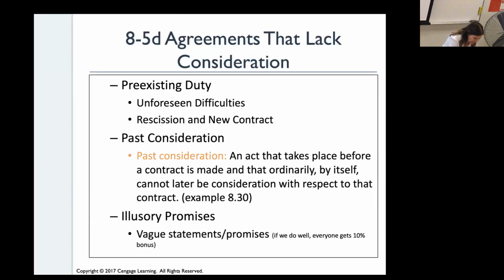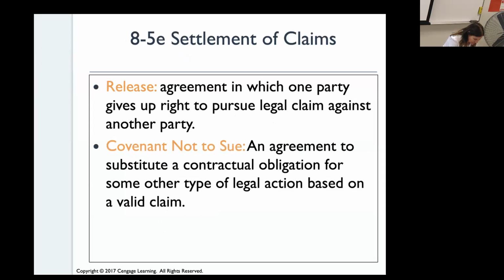I'm going to skip this one. Pre-existing duties, I think I pulled up the full slides instead of my online lecture slides, so I'm gonna skip some of these here. Some of the other things that will be on the contract: claims of settlement, release,